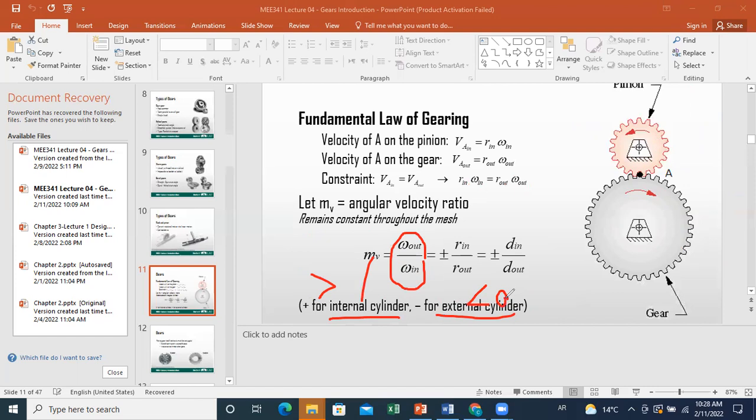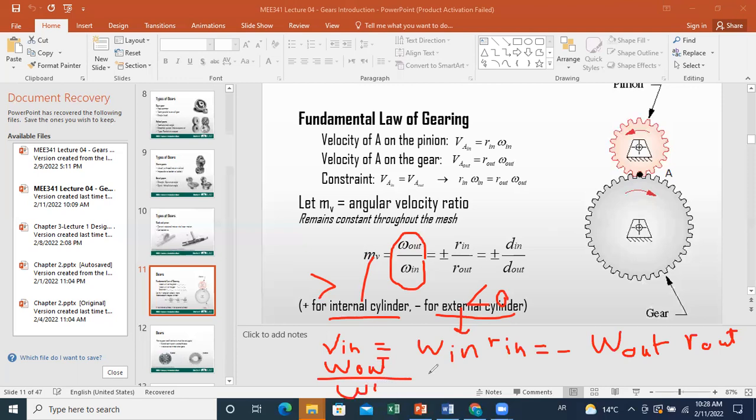From the relation we developed that the velocities should be equal, if we rearrange terms, because we said that, for example, v input is equal to omega input times r input, and algebraically, it's minus omega output over r output. Then I can deduce that for the external cylinders case, the ratio of omega out to omega in will be equal to minus